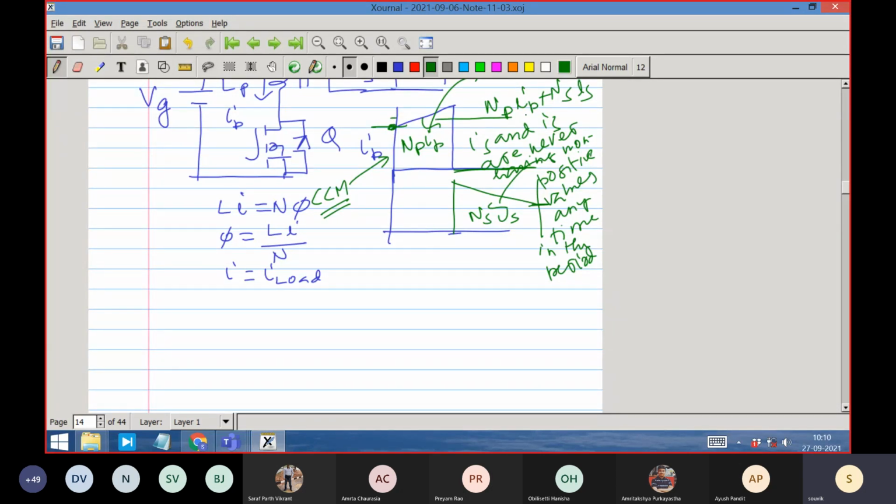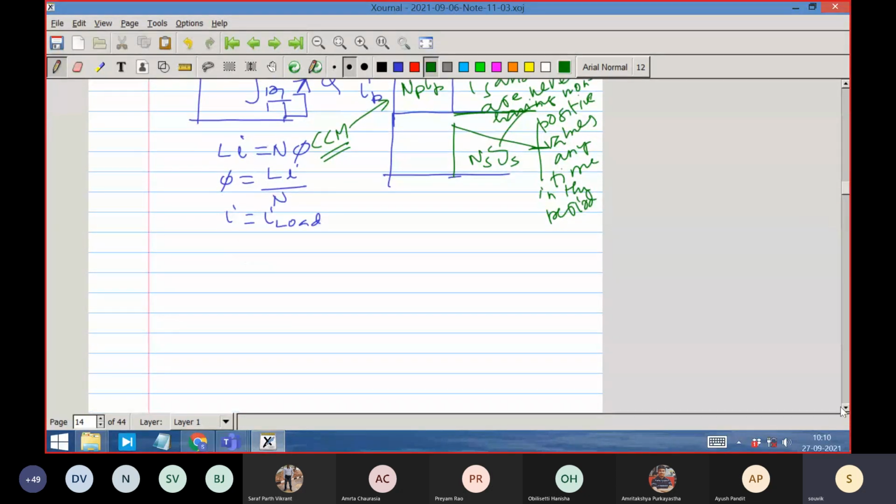The flux is maintained either by the primary current or by the secondary current, and the flux never collapses to 0, as happens in a discontinuous conduction mode. So if I want to sketch the discontinuous conduction mode, it should happen that the initial current is 0. The load is such that the starting current is 0. This is what is DCM.